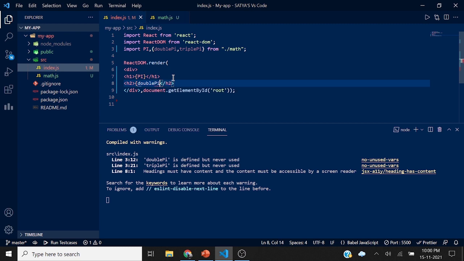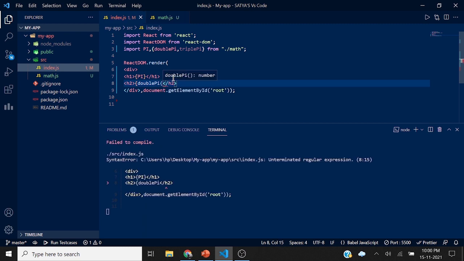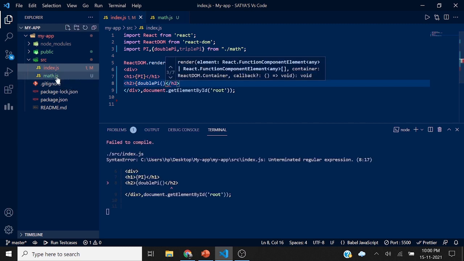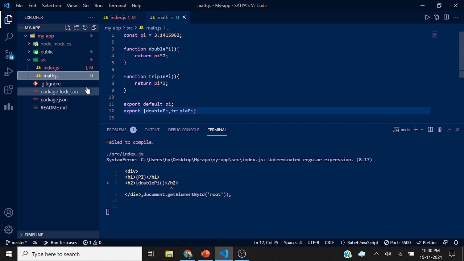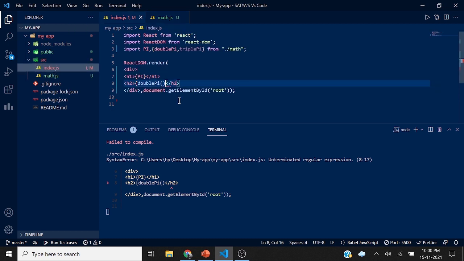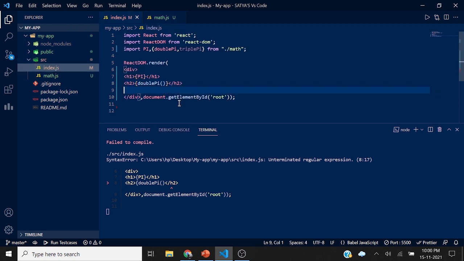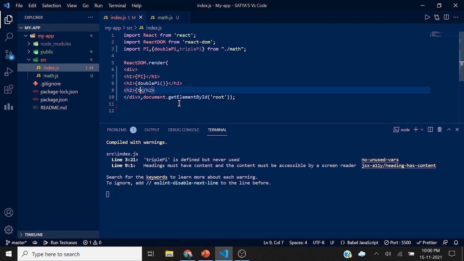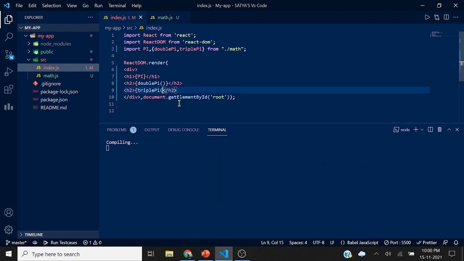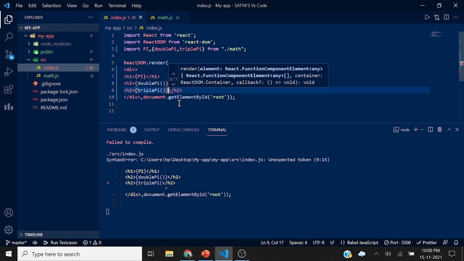We need to give parentheses for this, as this is imported from the math module. We have imported it as a function, so we need to give the parentheses and close the h2. Even the triple pi, parentheses for it, and close it.